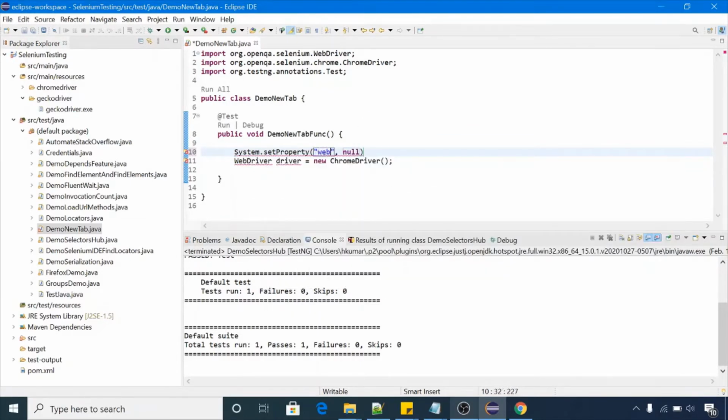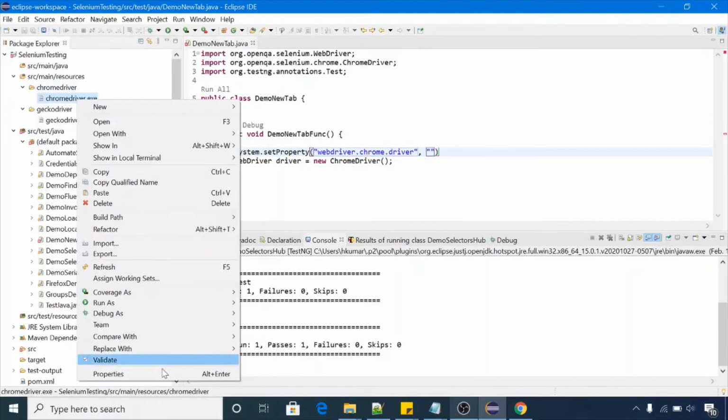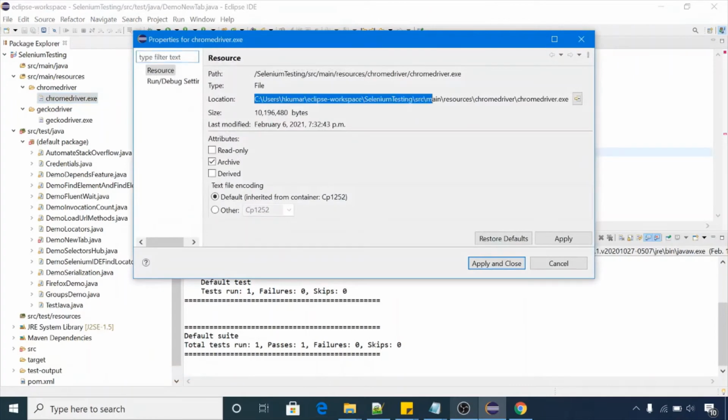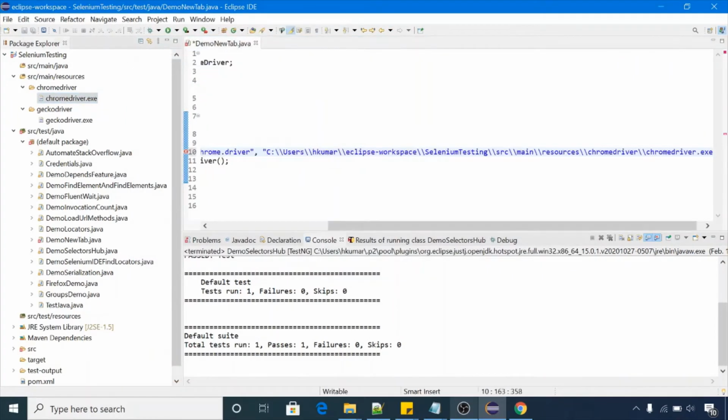Here we need to pass webdriver.chrome.driver, and we'll pass the exe path. I have the exe in my resources folder, chromedriver.exe, properties, copy path and paste here.